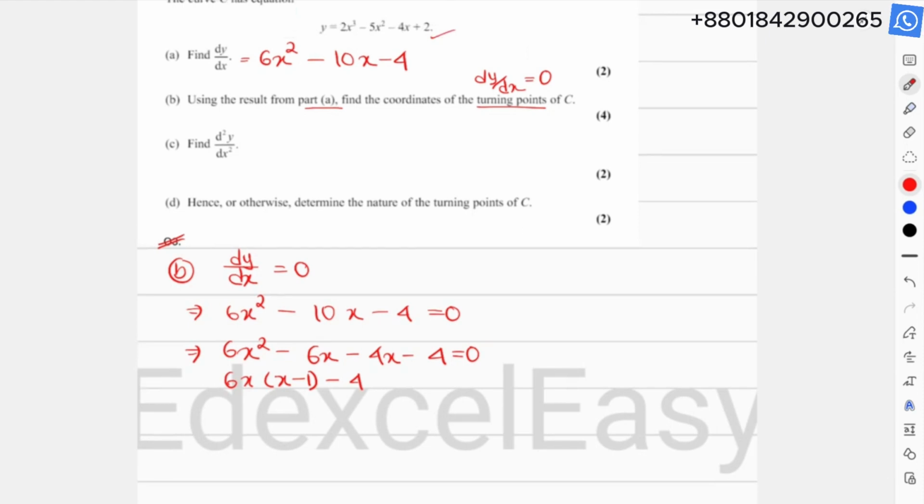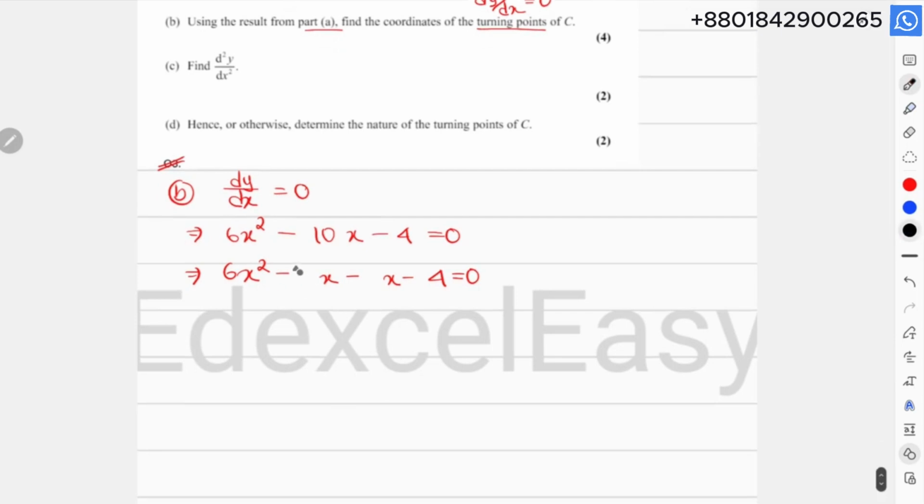6x squared minus 10x minus 4, 2 and 1 by 3. Okay, then I think you are supposed to split this using 12 and 2. So this is going to be 12 and this is going to be positive 2, and now it will give you the perfect answer, which is x minus 2 plus 2 is x minus 2,